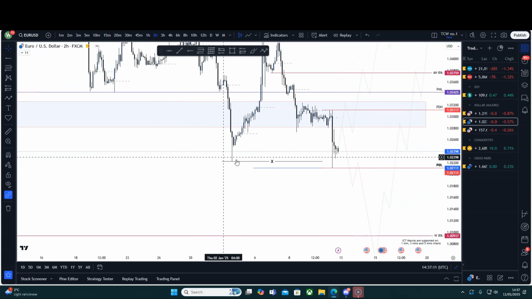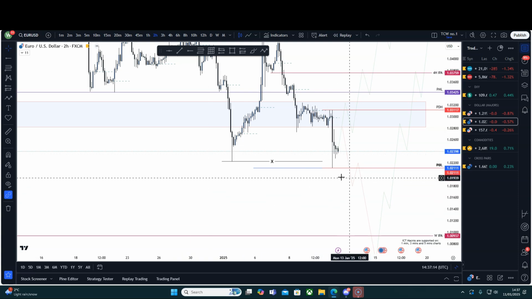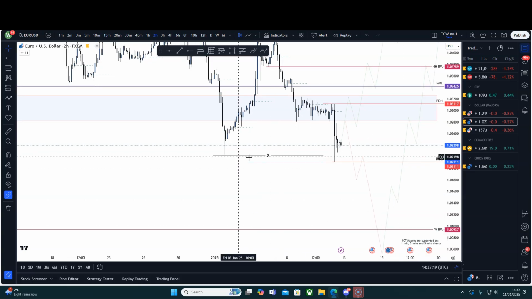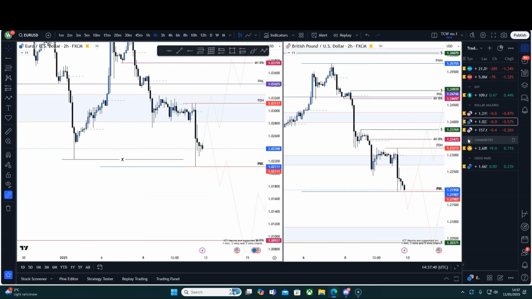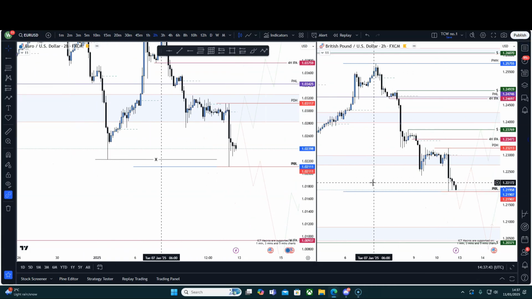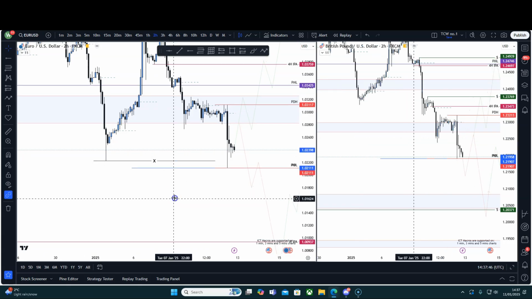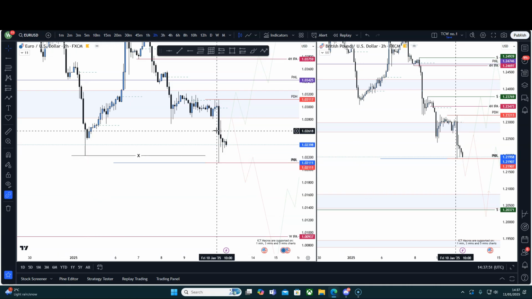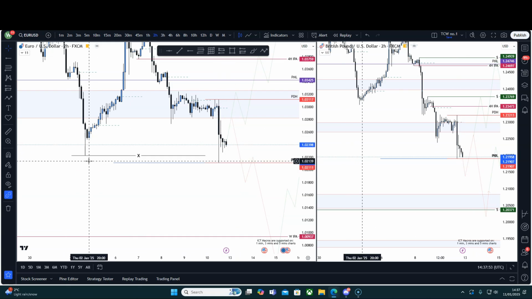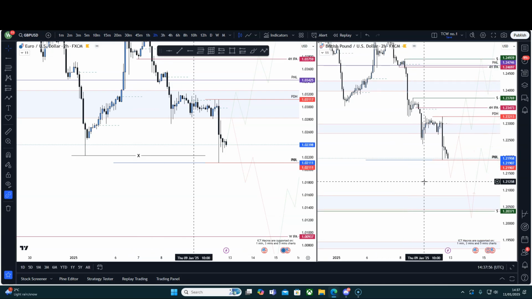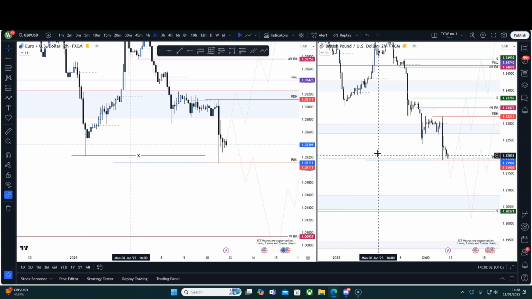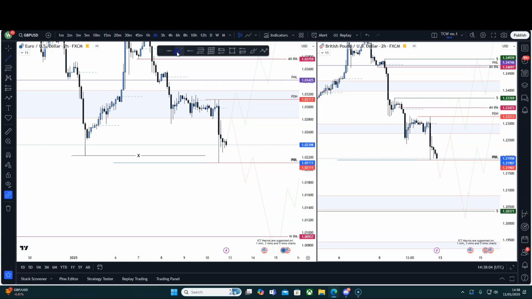Going into Euro USD, it is basically the same thing. Now, this is one thing to keep in mind. We have got massive SMT at the bottom, which is divergence between price. If we look at Euro USD, I'll just get them up side by side, both 2-hour time frames. We've got Pound USD on the right, and we've got Euro USD on the left. You can see here we had this low that was put in. Price came down, it failed to close below. It took liquidity from here, but going back to our low on Pound USD, we're all the way up here. Now look where the candles are closing.